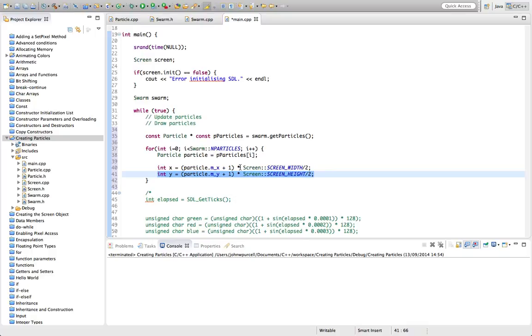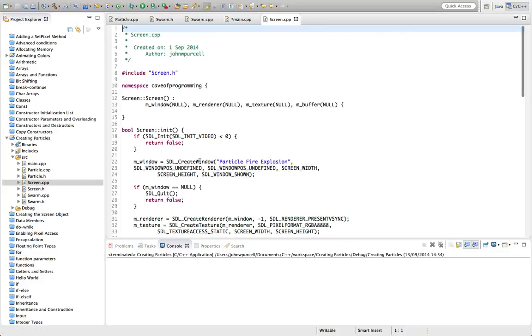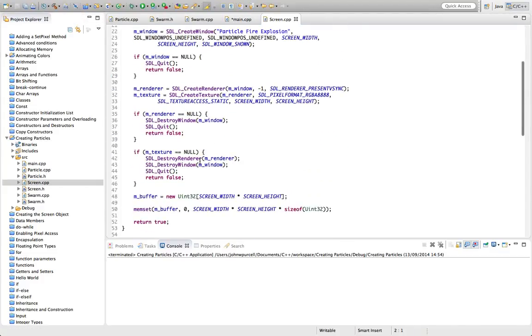If the screen width is 600, it's going to be actually at 600. We don't want that, because that's actually off the screen, because the pixels in the screen start numbering at 0. So if you go up to screen width, then it's actually off the screen. But for our purposes here, it doesn't matter too much, because we've implemented a set pixel function in screen.cpp, which